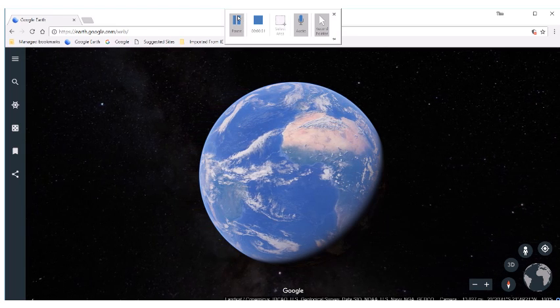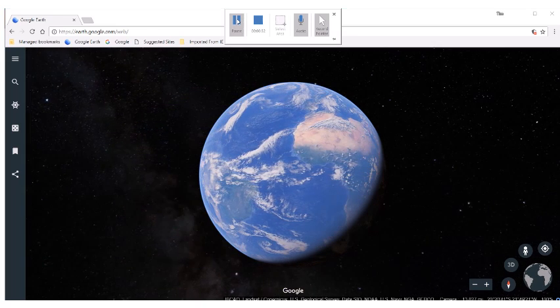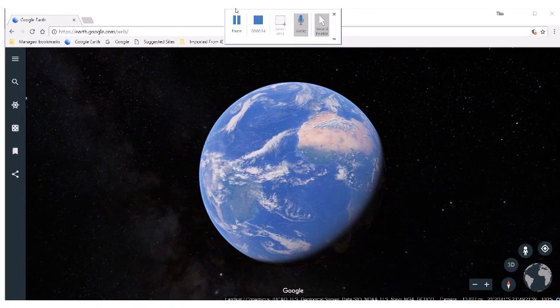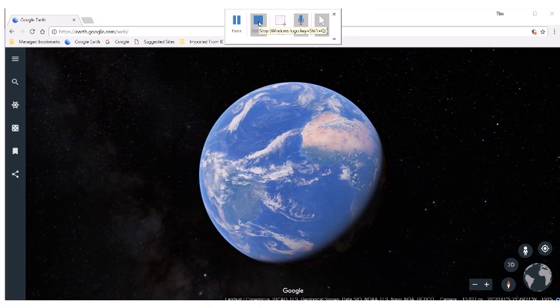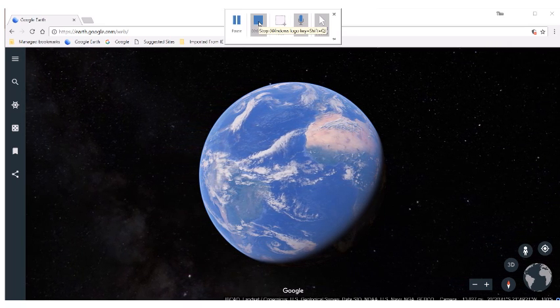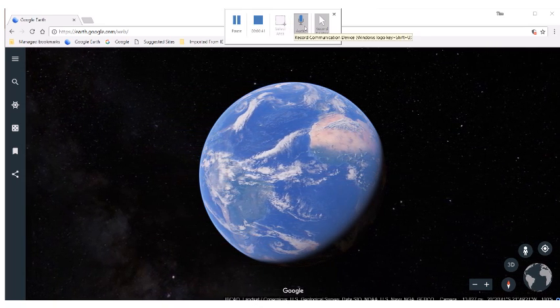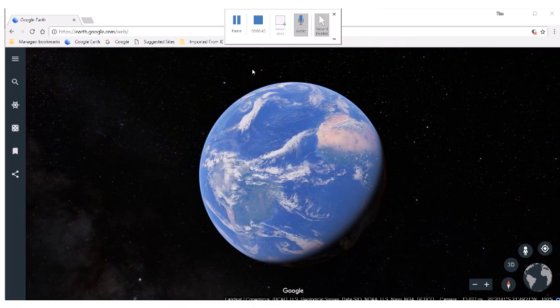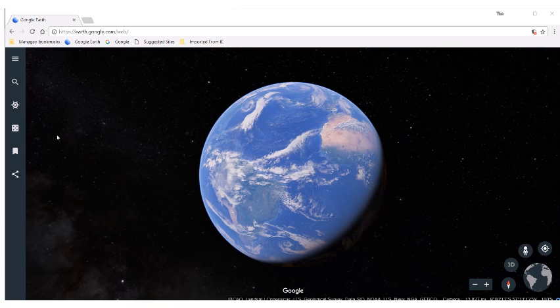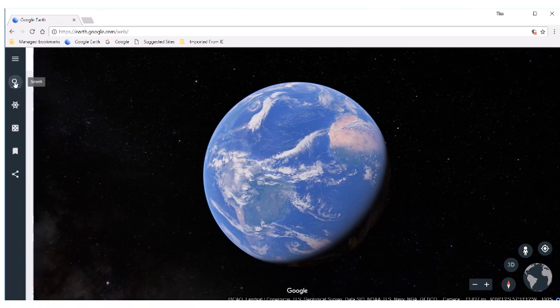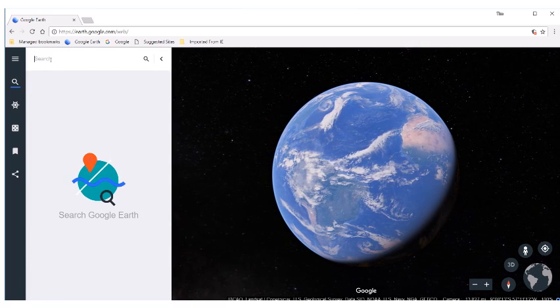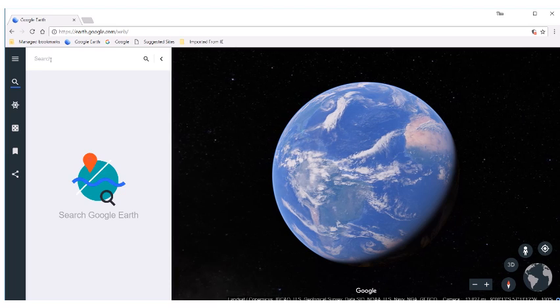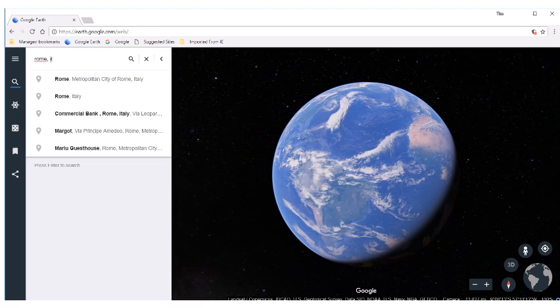So if I just wanted to pause this, I'm just going to go ahead and pause it. Again, I want to make sure that when I'm done, once I hit the stop function, I'll show you what that looks like. I want to make sure my audio is being captured, and I want to record the pointer to maybe point things out on my demonstration. So if I were to do a quick search, and I'm explaining to somebody how to use the search function in Google Earth, I just wanted to put Rome, Italy,